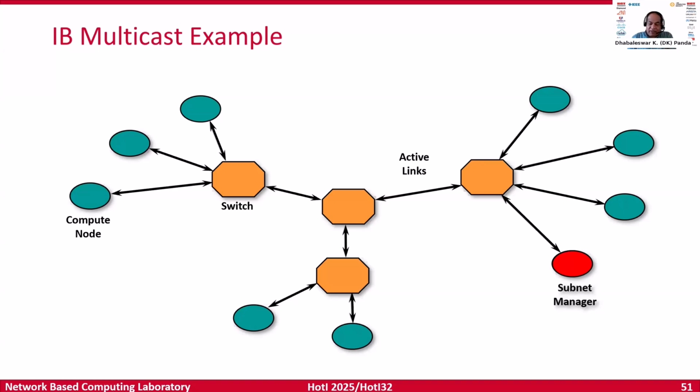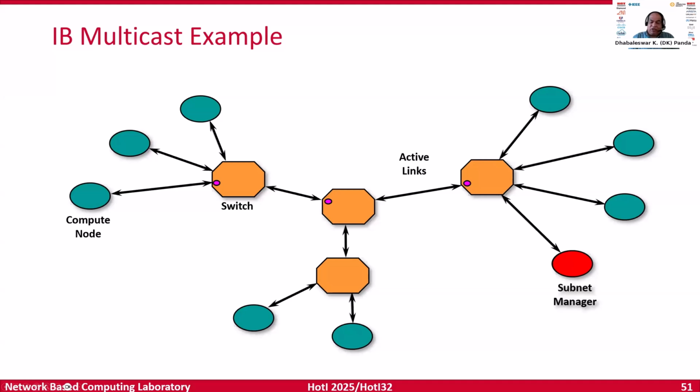Typically here you can see there is a subnet manager. When you power on the system, the subnet manager discovers the links, computes the routing tables, and configures all those switch forwarding tables, what we saw. And then if we want to introduce multicast, you issue a multicast join. A request comes, it goes to the subnet manager, and then